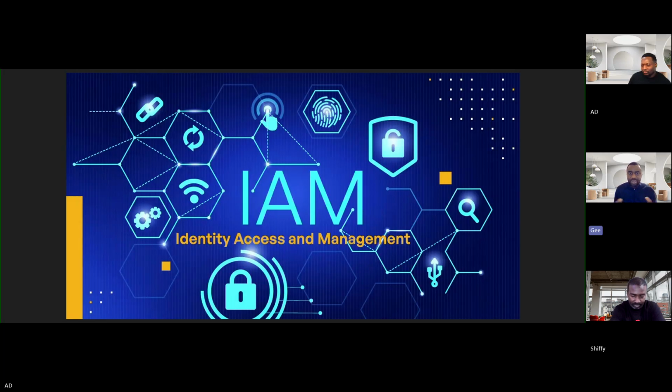So in the concept of IAM, like you said, identification, authentication, authorization and accountability all work hand in hand, but just understand that one leads to the other. And the last one, accountability, is trying to get hold of everything and be able to trace a particular action to a particular user or subject. That's everything I want to add. Shifi, if you have anything, you can add as well.